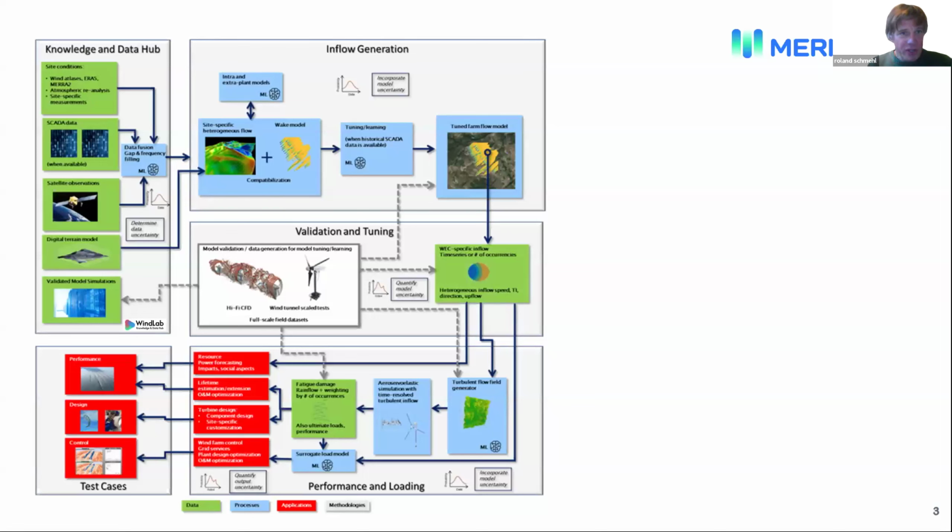So this is the overall project. It's a large project, exactly like the other two projects. And this plot reflects a bit the setup of the whole framework. On the left-hand side, we have the Knowledge and Data Hub, the WindLab. Then we have inflow generation, a very important work package. Then validation and tuning together with performance and loading is another work package. And then we have the tool chain integration and test cases as the fourth